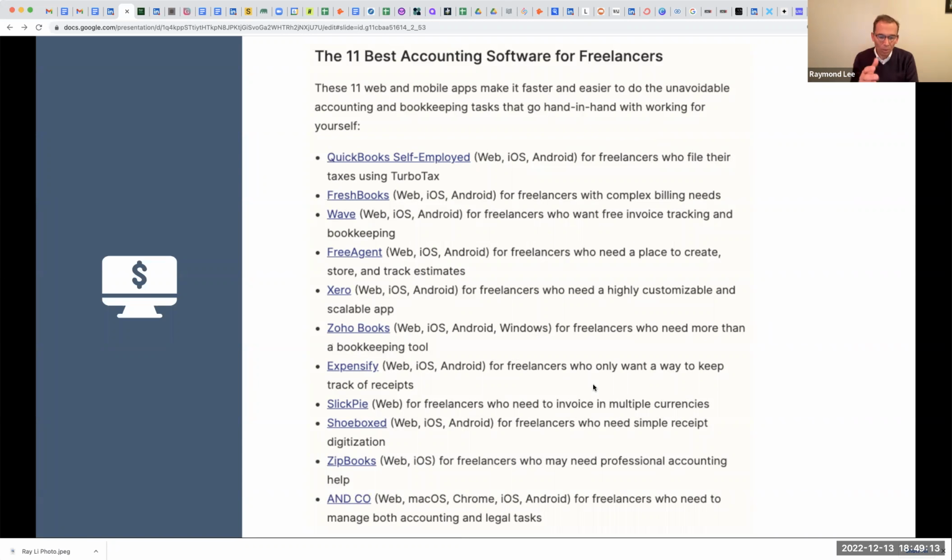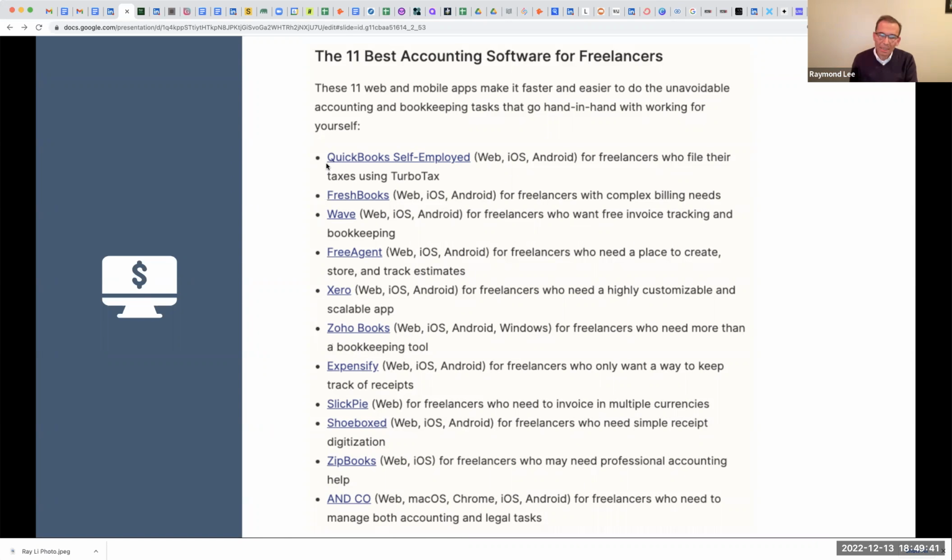Well, there are a lot of different choices if you do want to use software. Here are some different choices you can look at. Some of them are QuickBooks, their self-employed edition, a scaled down version from their normal version to make it a little bit easier if you're an independent contractor.